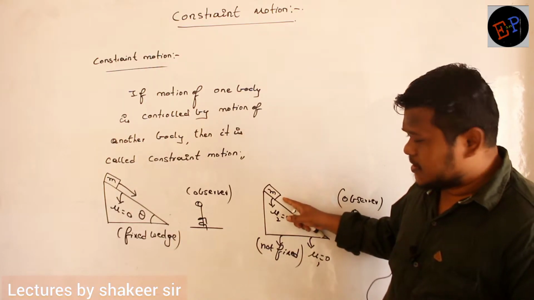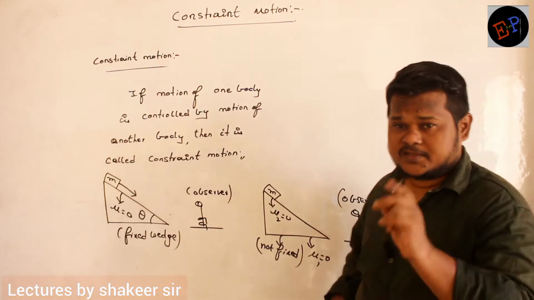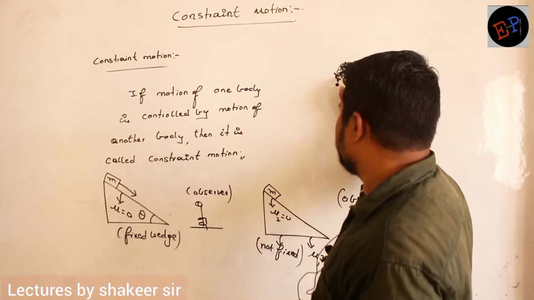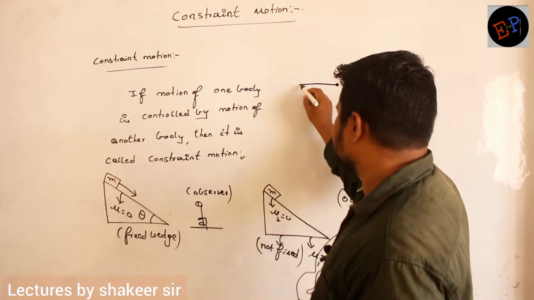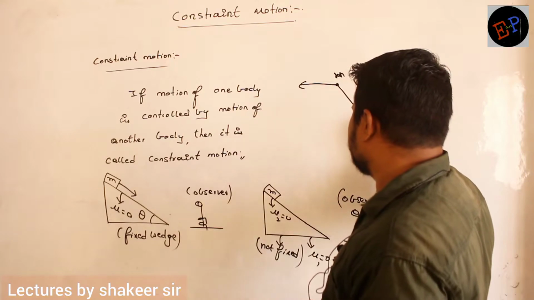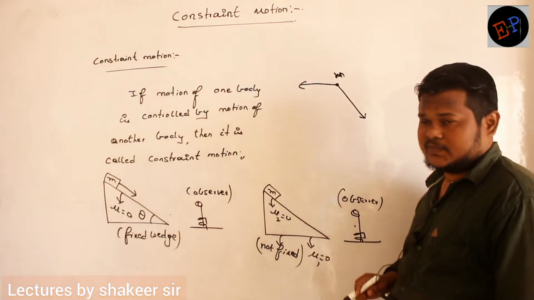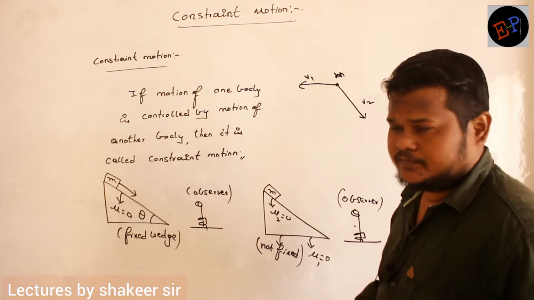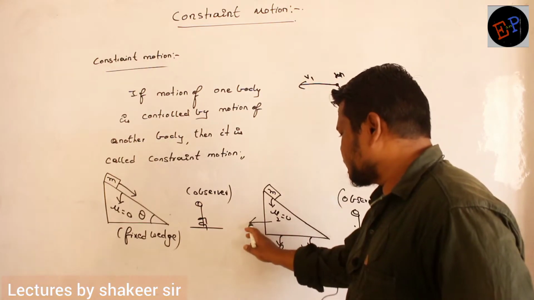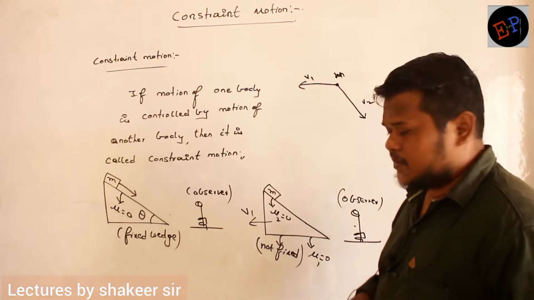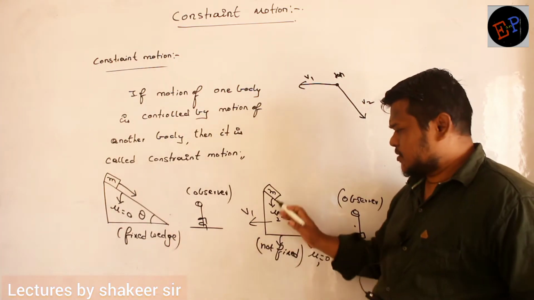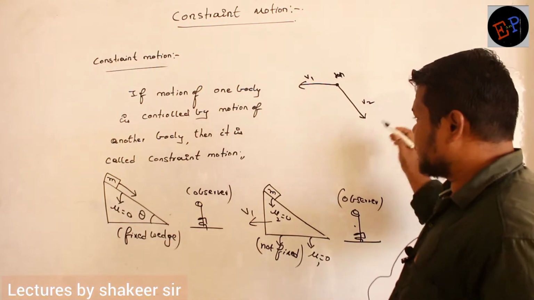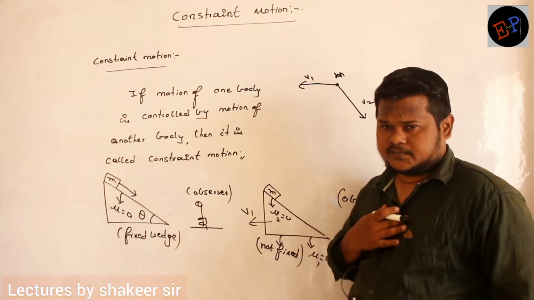So therefore, this mass small m will have two velocities. What are those two velocities? If I take this as mass m, it will have one velocity in this direction and one velocity down the inclined plane. Okay? So let us consider this is v1 and this is velocity v2. And what is v1? v1 is the velocity of the wedge only. So this mass definitely will have a velocity of v1. Similarly, down the inclined plane, it has a velocity of v2. Are you able to understand?